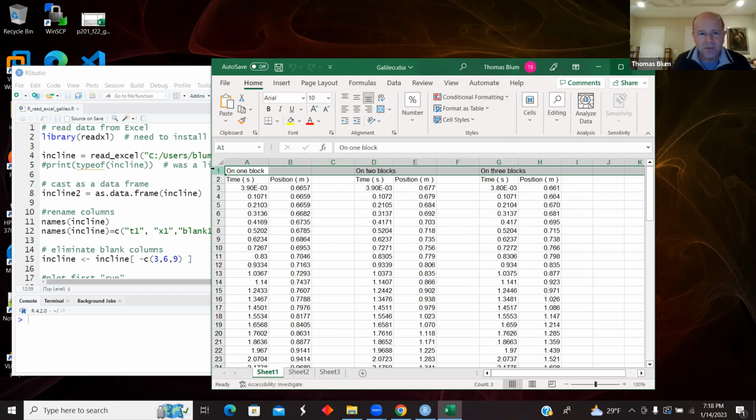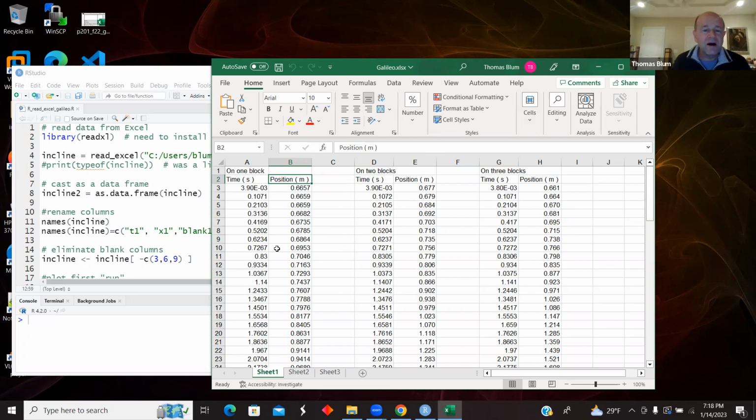And there's a row here that says just what was on the cart: one block on the cart, 2 blocks, 3. That doesn't matter. Here are the labels of the columns, and then there are some blank columns,